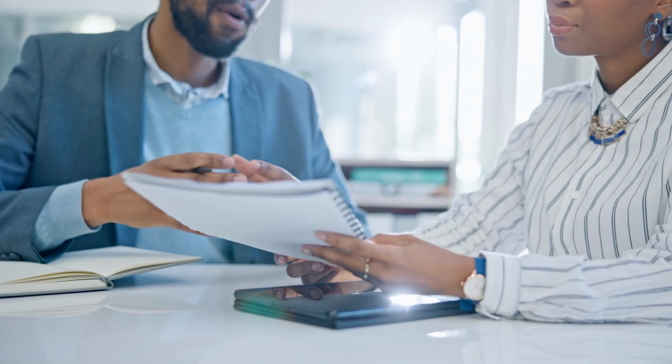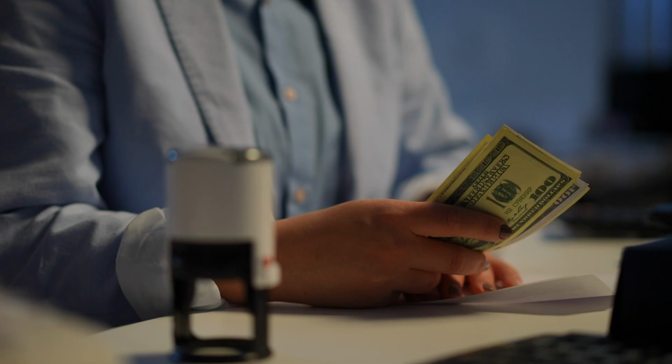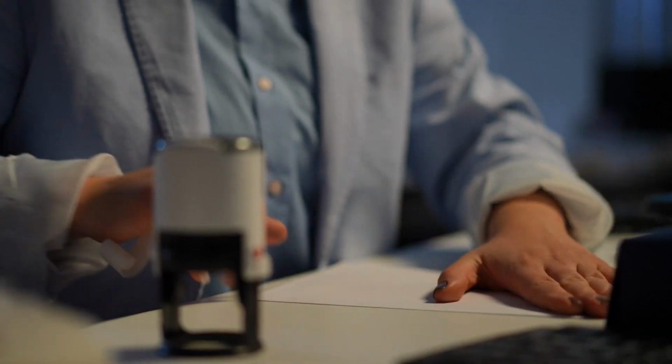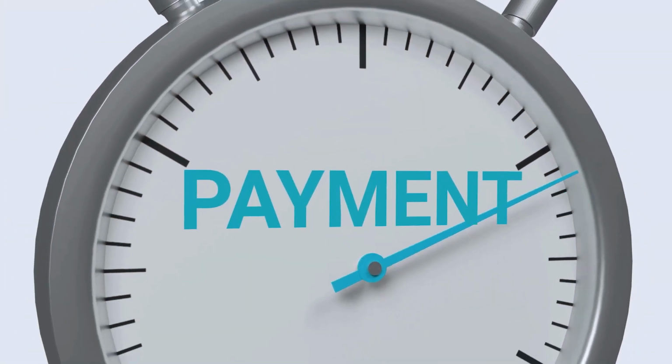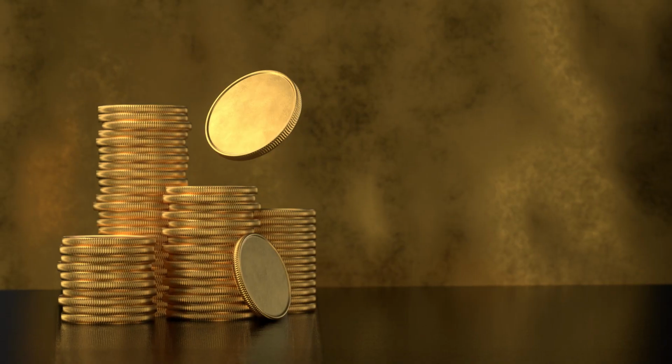The duration and amount of spousal maintenance in Texas may vary depending on the specific circumstances of each case. In general, spousal maintenance may be awarded for a limited duration to allow the receiving spouse time to become self-sufficient, or it may be awarded indefinitely, particularly in cases involving disabilities or significant disparities in earning capacity. Additionally, spousal maintenance orders may be modified or terminated based on changed circumstances, such as remarriage or a significant change